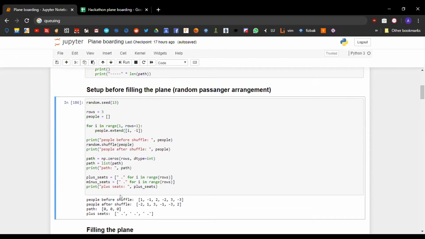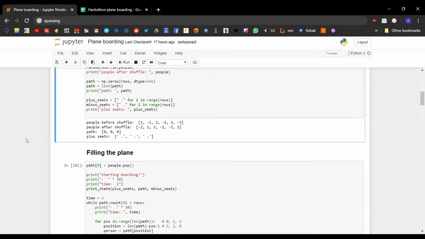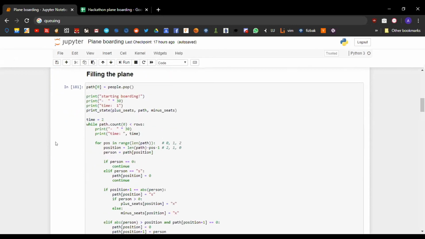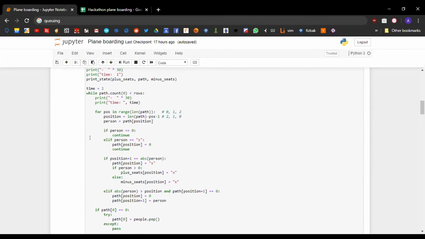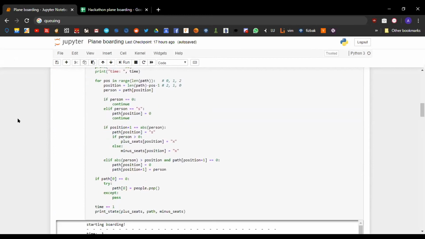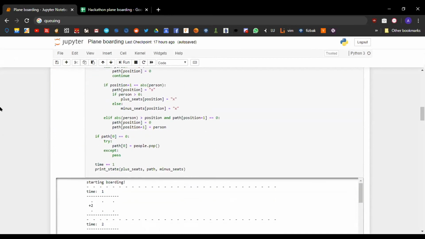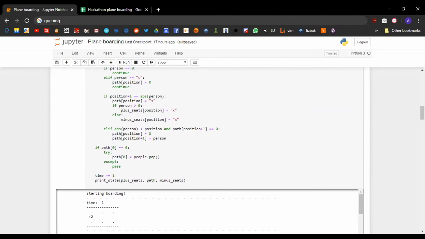We have arranged the people in a certain queue. Then we have to fill the plane. So I will walk you through what it looks like, and then we will see the logic of the code. So when we start boarding, the first thing that happens is that we are looking at a certain time. So time, 1 unit of time has passed. And we see here the model of the plane. So this is the one border of the plane. This is the other border of the plane. These are empty plus seats, empty minus seats, and this is the path or the aisle at the first moment